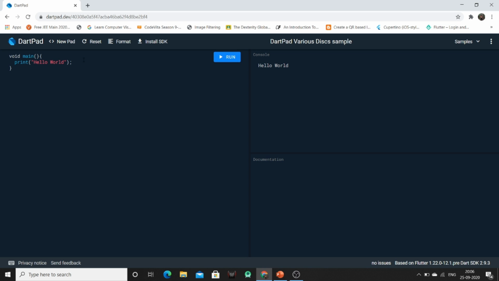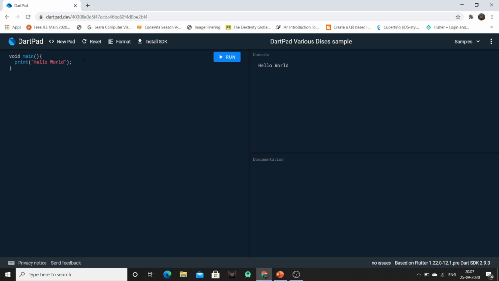On clicking this run button, the text defined in this print statement will be printed in the console. Now let's jump to the data types. There are basically four data types. First one is string, in which we define text in single or double quotation marks. Once you decide which quotation you are going to use, use that quotation in the entire program.